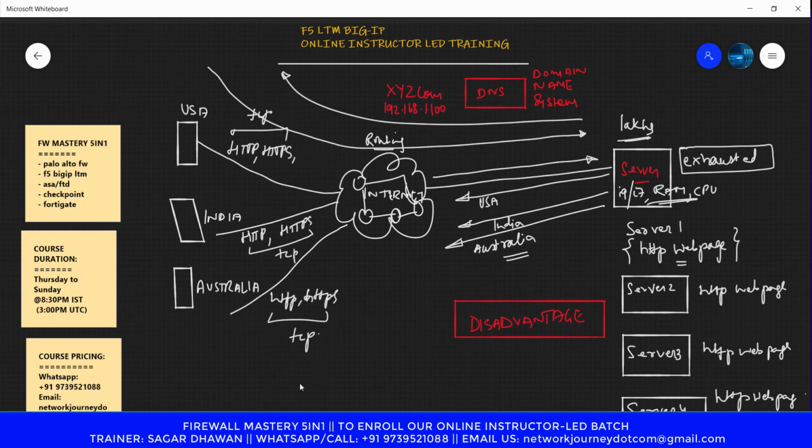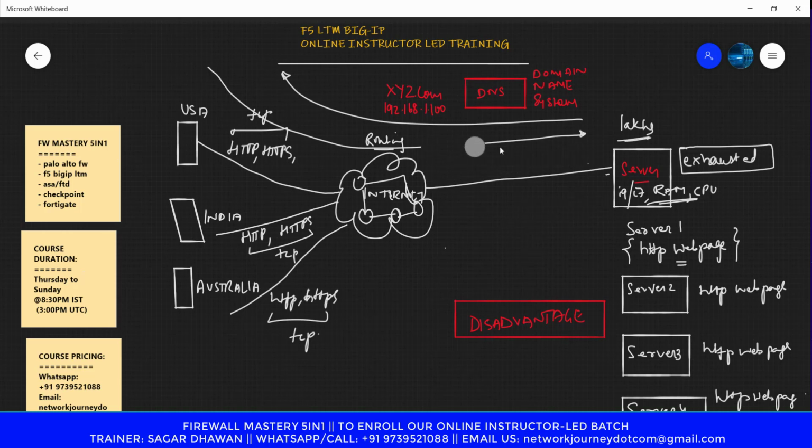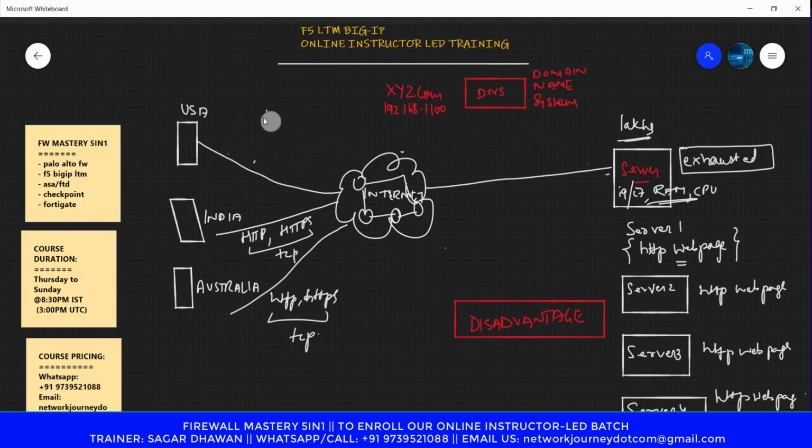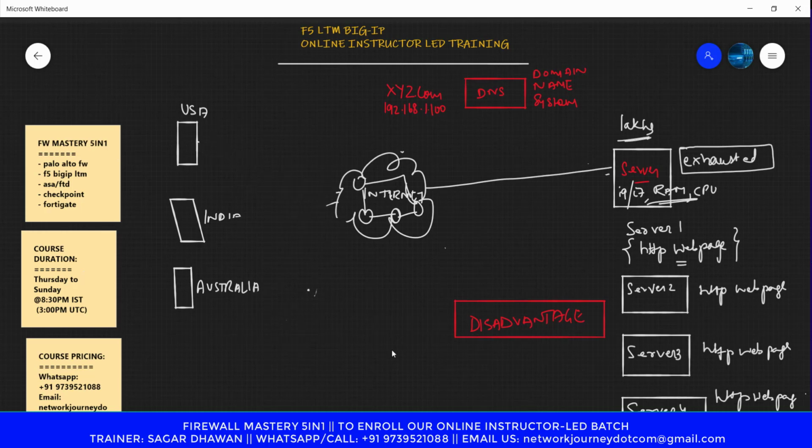So let's assume in this way, or let me erase a few of the previous traffic packets so that I can show it. All right. So I have cloud. Now I have something, DNS, and I added a few more servers.